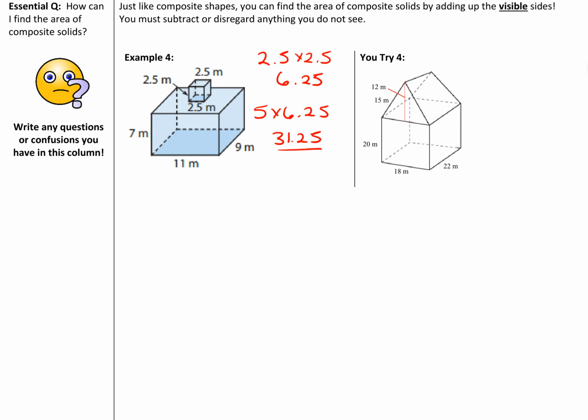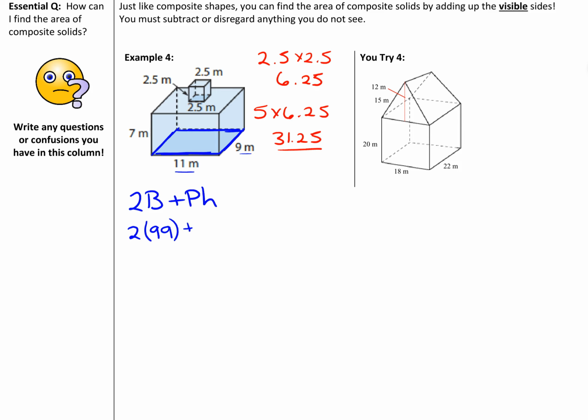So now I want to look at the rectangular prism. I'm going to use the formula to help me find the area of this, just to make things a little quicker. 2B plus Ph. So look at your rectangular prism. Here's the base. And the area of that base is 99, because 11 times 9 is 99. So 2 times 99